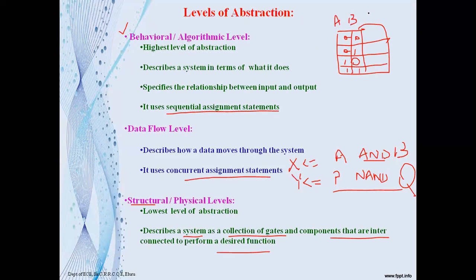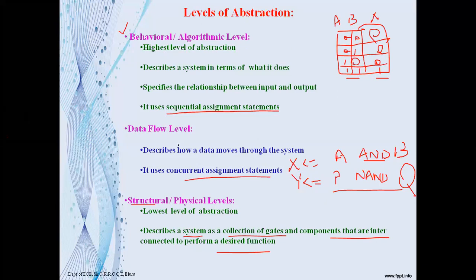So let's say it is an AND gate, with output X. Now what is the output? 0, 0, 0 and 1. So this is the behavioral model. This is the behavioral level of abstraction, where you are not seeing what the components are and how they are interconnected. Just if you give input, what is the output? If you give 0 0 as input, the output is 0. If you give input 1 and 1, the output is 1. So that is the behavioral level of abstraction.